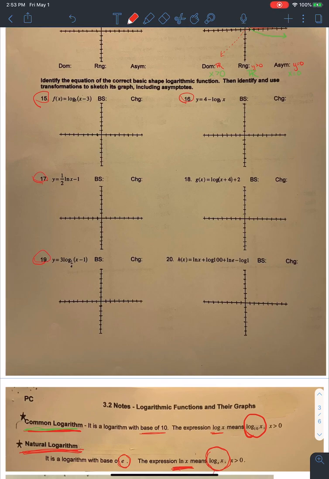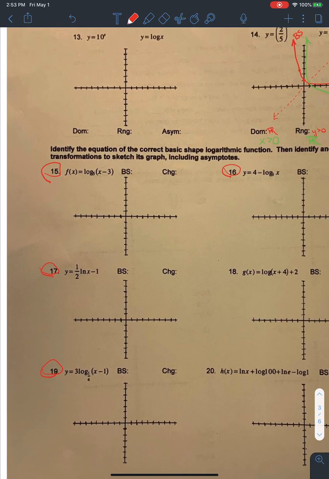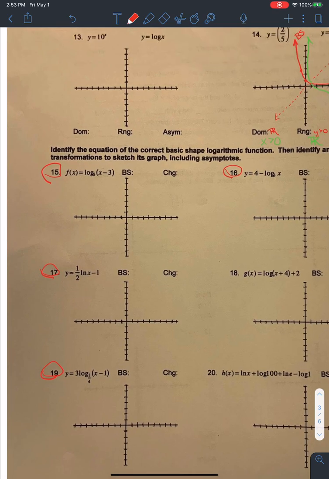Okay, so if we're looking at number 15, it says identify the equation of the correct basic shape logarithmic function, and then identify any transformation changes that you have, and sketch the graph with asymptotes. So for number 15, my basic shape should relate to being a log. So this guy's basic shape is going to be y equals log base 5